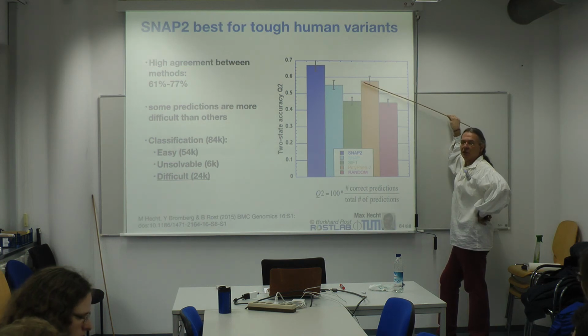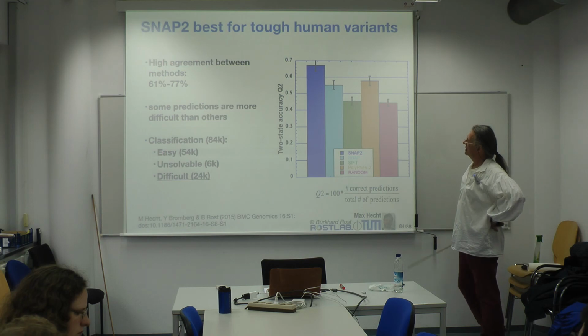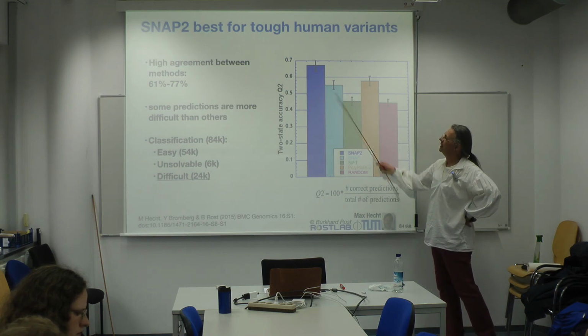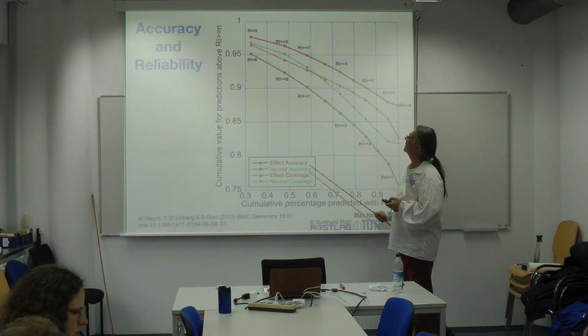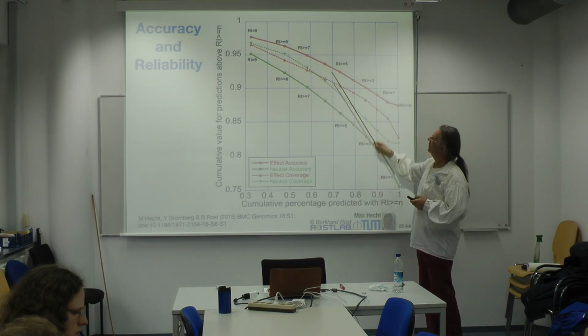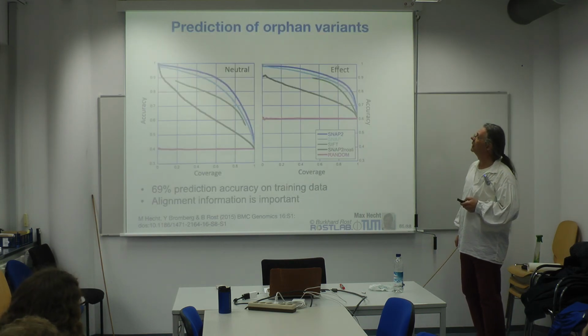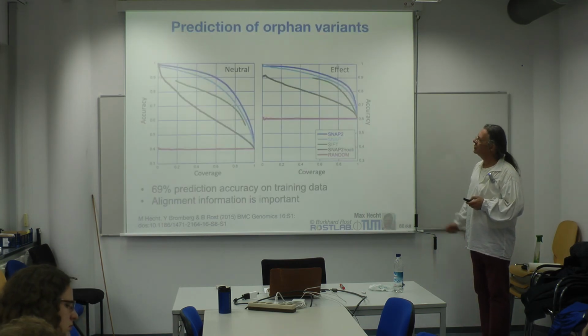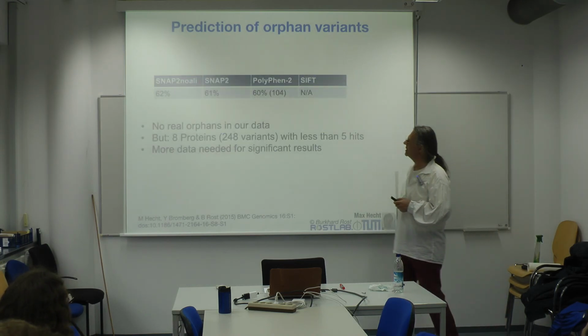the Polyphen 2 is now much better for these, but again, in fact, even better than Snap. The first version of Snap was, but this one is still doing better. You have a reliability index, as I showed you before. Now the curves are no longer as linear as they were before. You can even do that for residues without alignments.